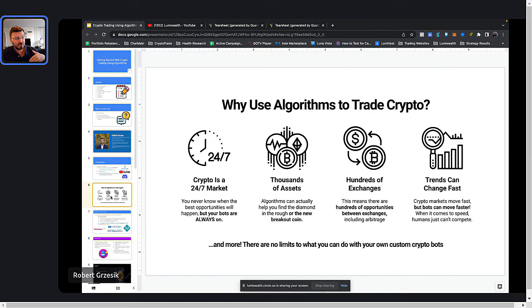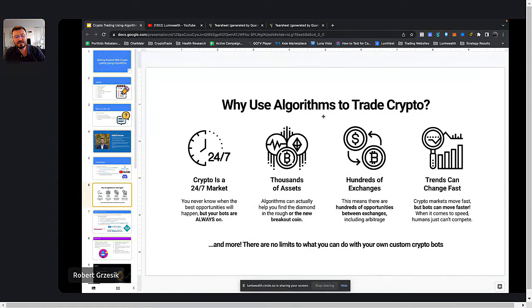You could even make money short selling that on the way down as well. So there's a lot of really interesting things that you could do in trading crypto, but it would require you to be paying attention to stuff 24/7. And I don't know about you guys, but I like to sleep. I like to have my dinner. I like some peace and quiet in my life every once in a while. So the algorithms really do help you a lot with that.